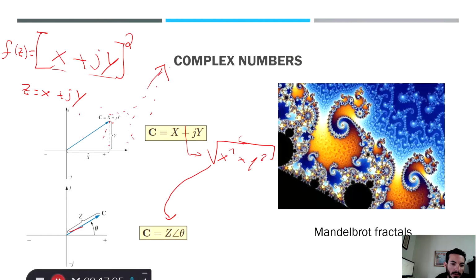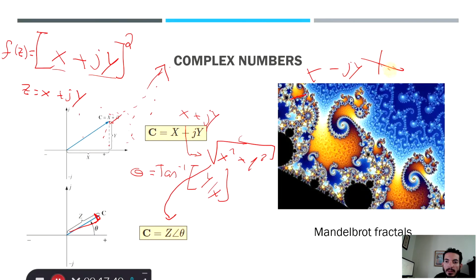Okay, and z is the magnitude of a vector, which I'm sure you've heard the word vector before, and the rest is computing the angle, which you also know how to do, which is tangent inverse of y divided by x. This particular example says that we're dealing with x plus iy, but if they told us, okay, now you're going to do x minus iy, the only thing you have to do is say, okay, is y negative, so it will be a line going down instead of a line going up. Okay,